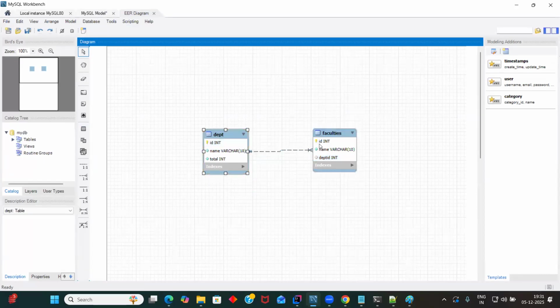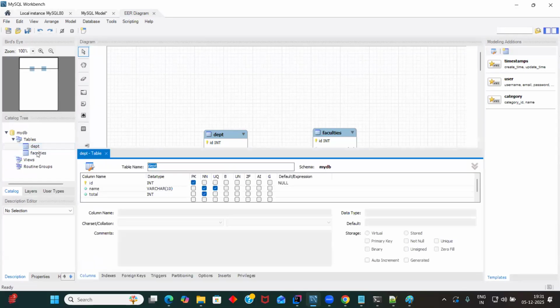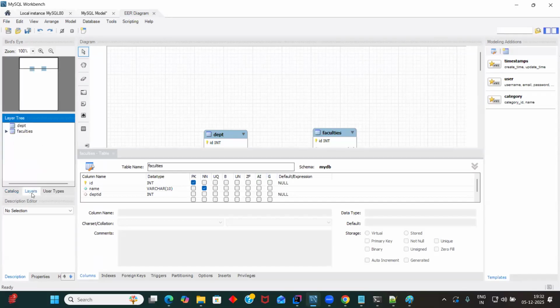Okay, this is, guys, the ER diagram actually what I was talking about. This is another ER diagram. So you can see a faculty table which has ID, name, department, and there is a relationship. So this line is telling you that they are in a relationship. I can show you one more also. Guys, if you see the department and faculties tables, when you click on faculties, it should show somewhere else the FKs. No, I think, wait,